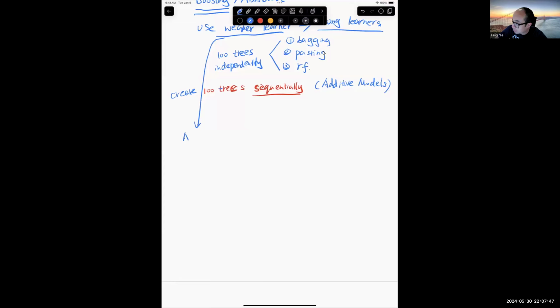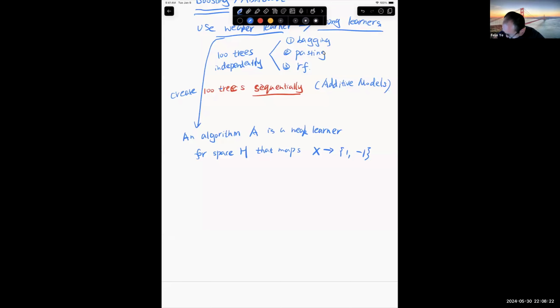An algorithm A is a weak learner for some hypothesis space H that maps x to y in {-1, +1}, if for all distributions over x and any function little h in big H,